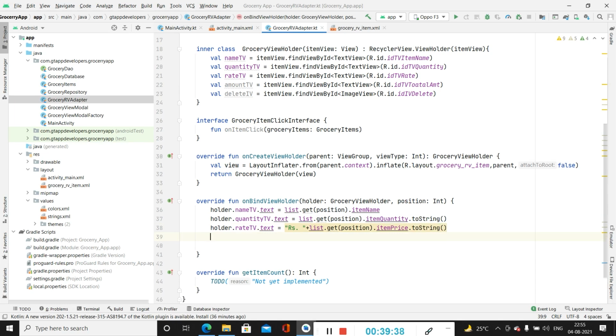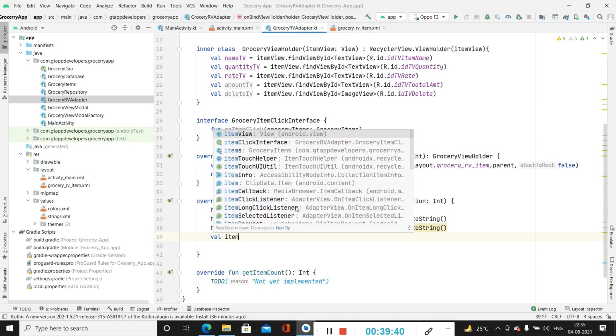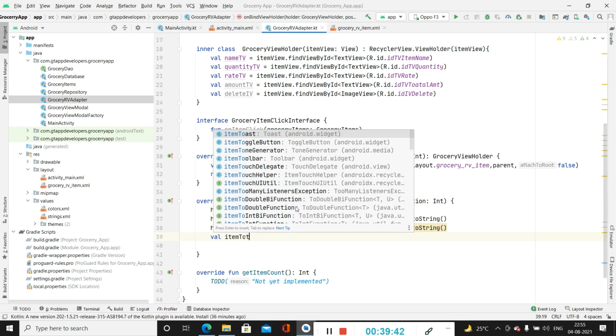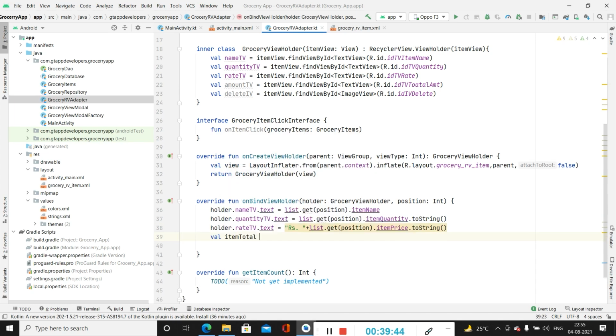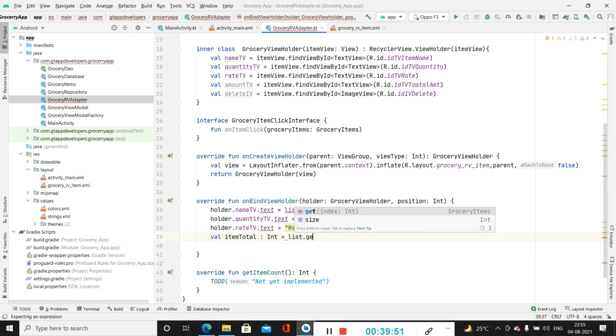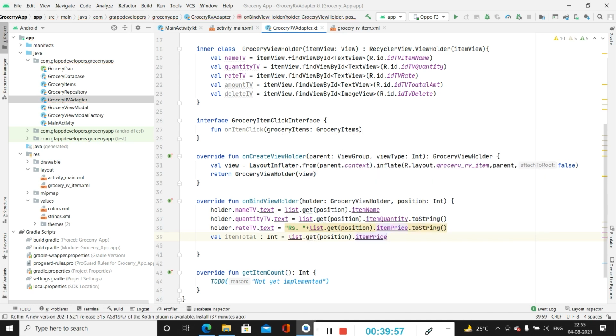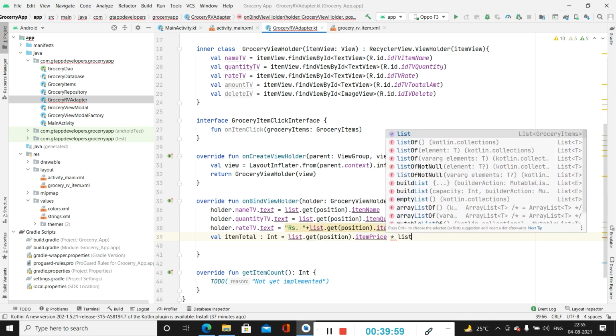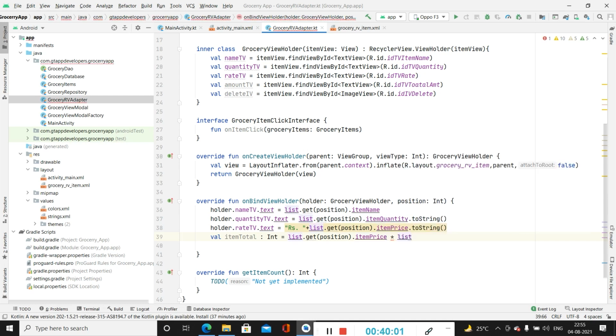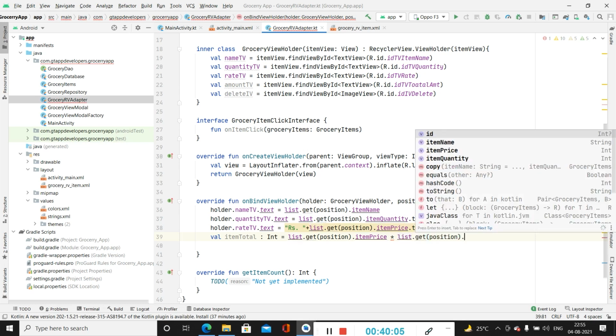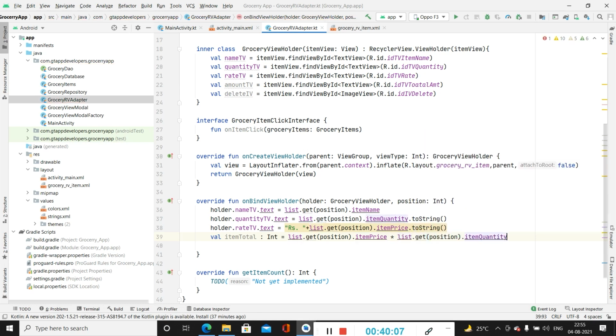Now after that we have to calculate item total, so for that item total we will be creating a variable, and then we are creating it as an integer. Inside this we will be calling list dot get position dot, firstly we will be getting item price, then we will be multiplying this item price with its quantity, list dot get position dot item quantity.